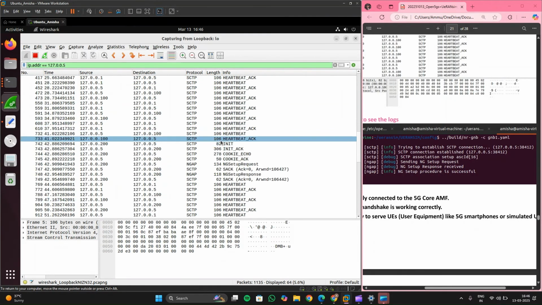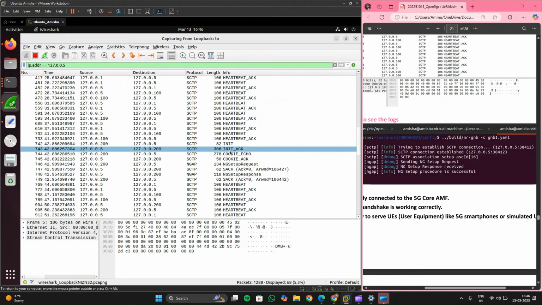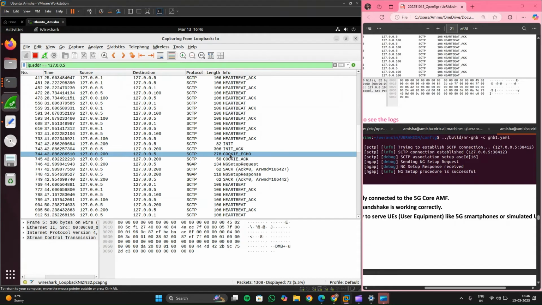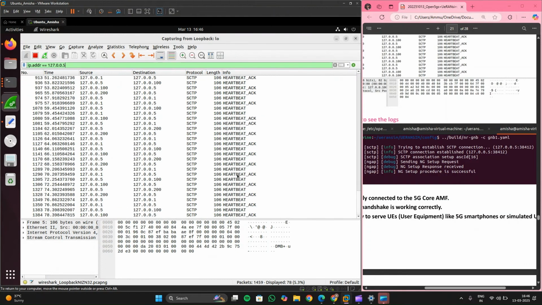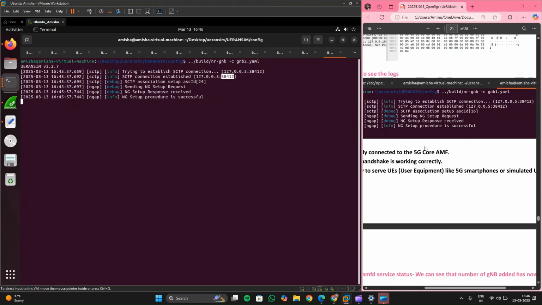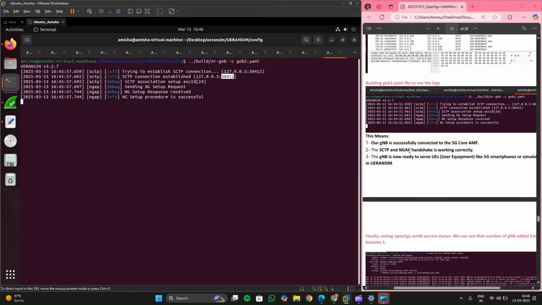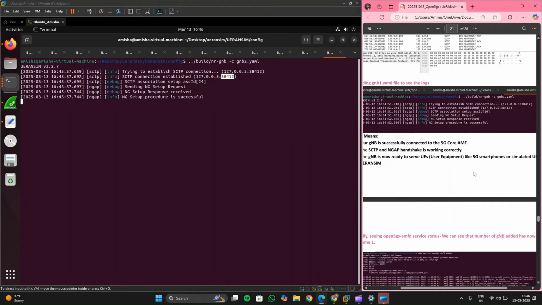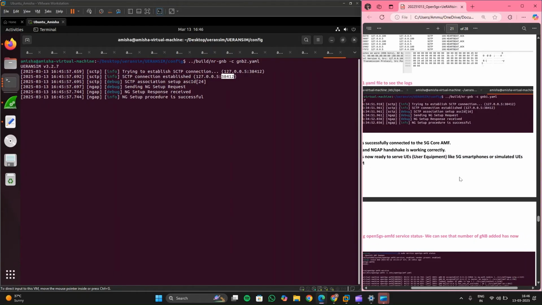Okay, see the SCTP handshake begins with the INIT packet, then INIT acknowledgement is received, then cookie echo, cookie acknowledgement, then NGAP setup request, then NGAP setup response, and then heartbeat messages tell us that the connection is alive. So this shows that our gNodeB is now successfully connected to 5G core AMF, and SCTP and NGAP handshake is working correctly. The gNodeB is now ready to serve UEs, like 5G smartphones or simulated UEs